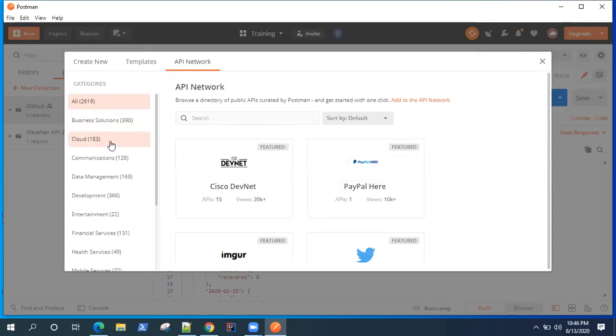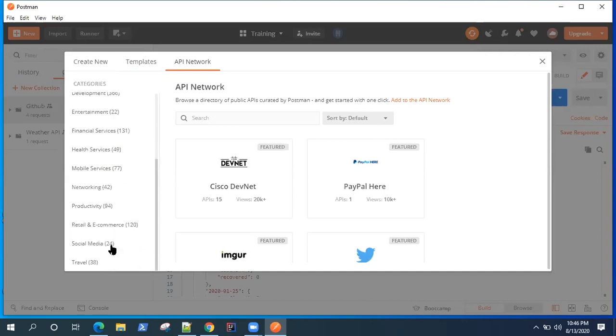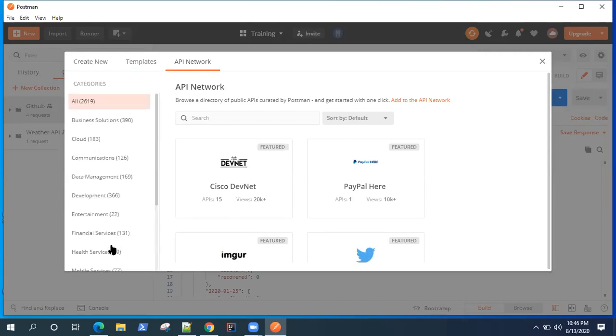So there are cloud applications, cloud API, communications API, data management. So almost any business area you will find open API along with the documentation and templates. So these are categorized. There are thousands of different open APIs.